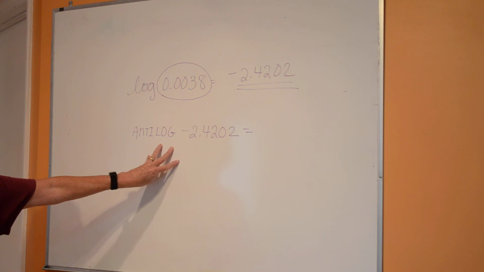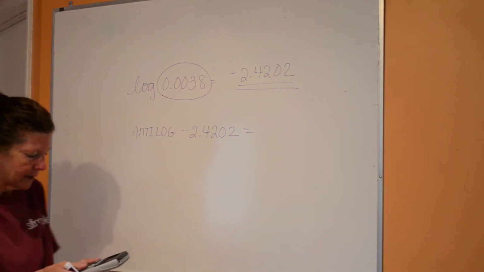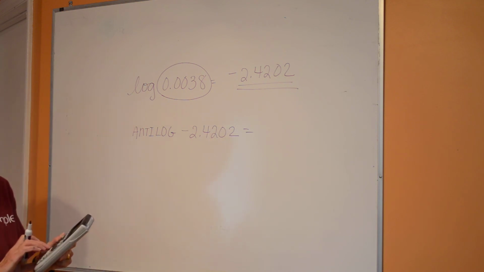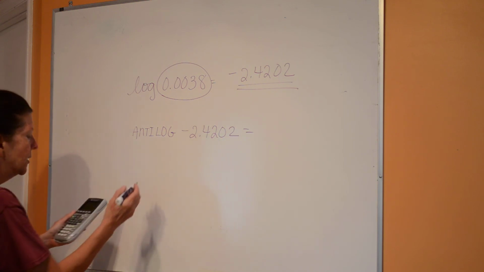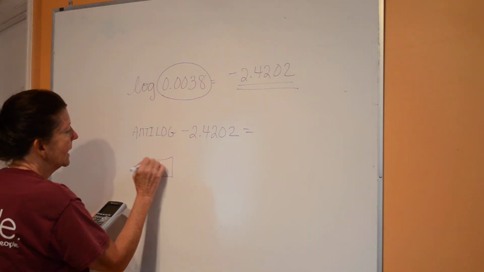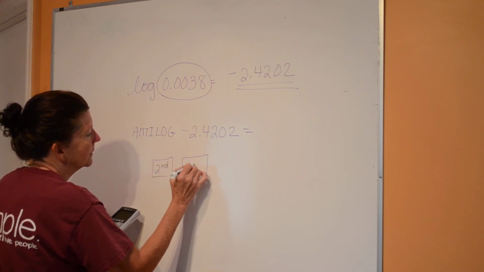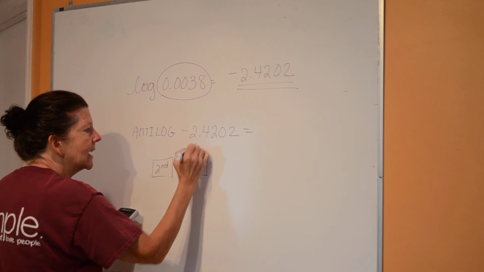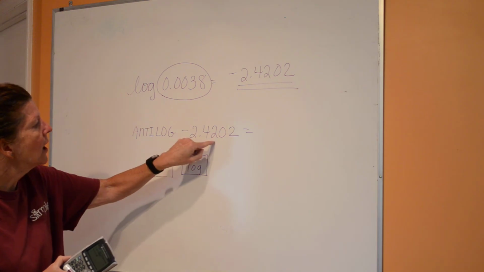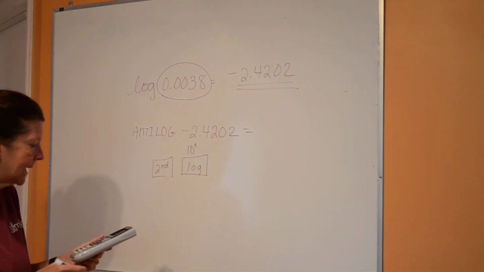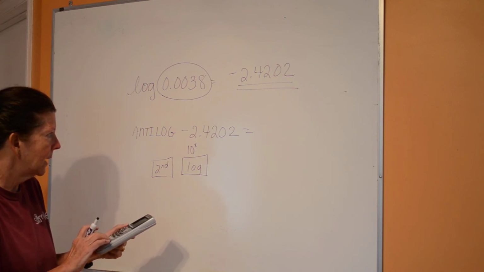Well, this again is calculator use, because if you pick up your calculator, the antilog button is the little label, on my calculator it's blue, above the log. So I'm going to do the second button, then the log button, and that's going to give me the 10 to the x power. What it's saying is, what can I take the logarithm of that's going to give me that as an answer? So I do second, and then I hit the log button,